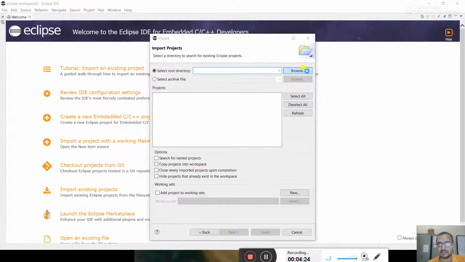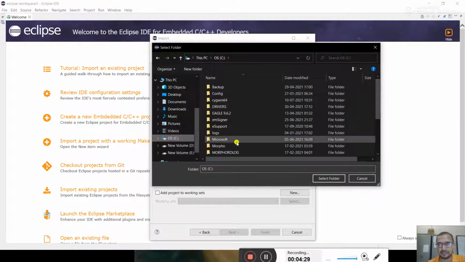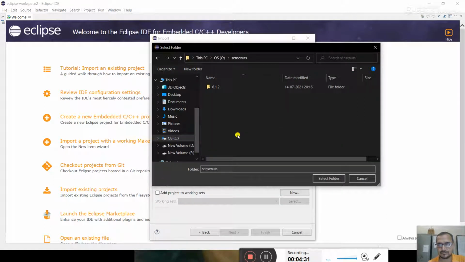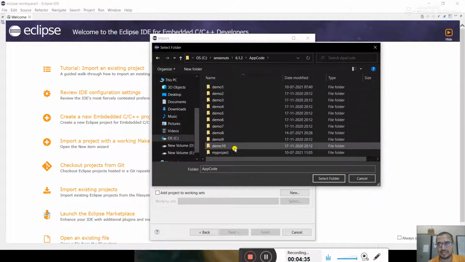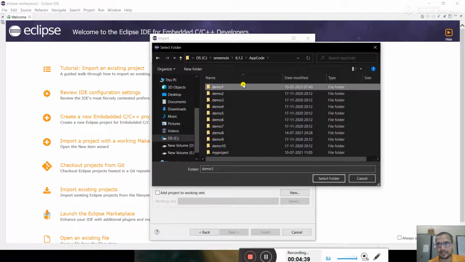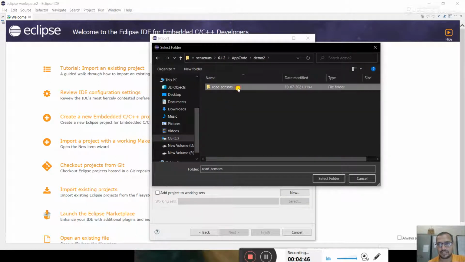Next, browse for the project. The project is in the C drive, SenseNuts 6.1.2 application code. These are some automatically built codes which come with the setup. There is one LED blink code, and there is demo 2, which is read sensor.